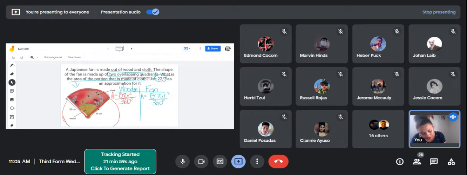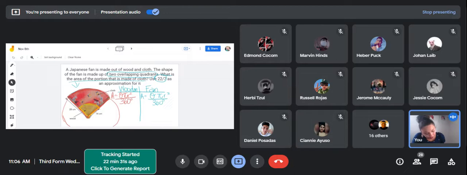And then I also need to understand that this little part, the wooden part, is also another sector. And that's why I am going to find the area of the entire fan with the formula of the sector, and I'm going to find the area of the wooden piece with the formula for area of a sector, because both of them represent the shape of a sector, right? Now,